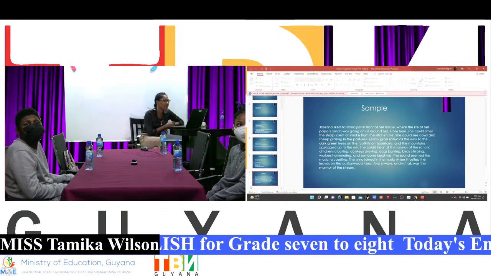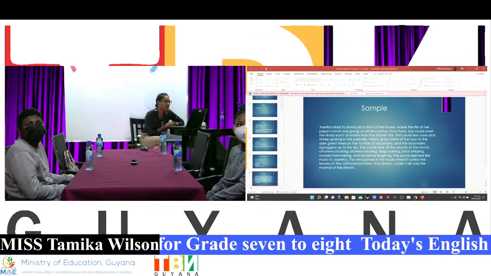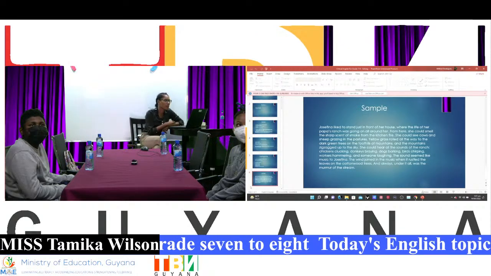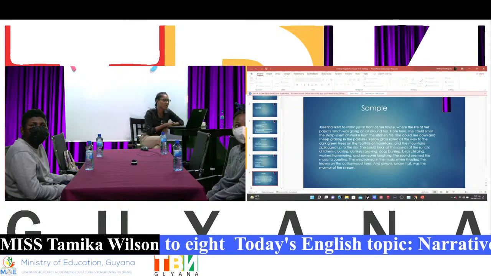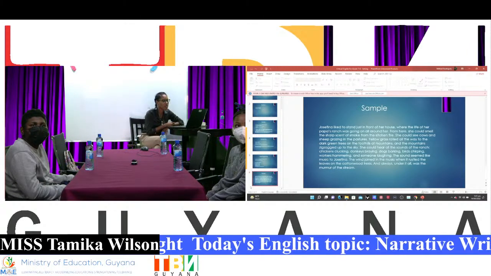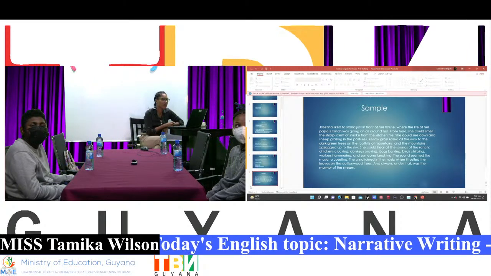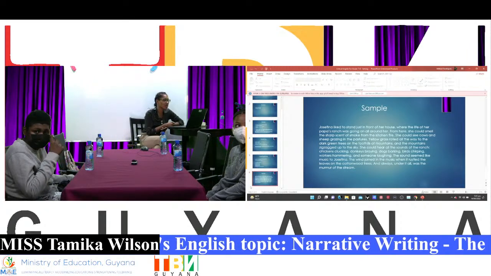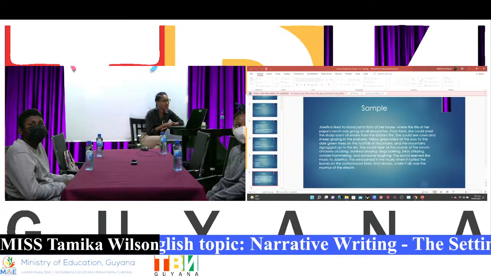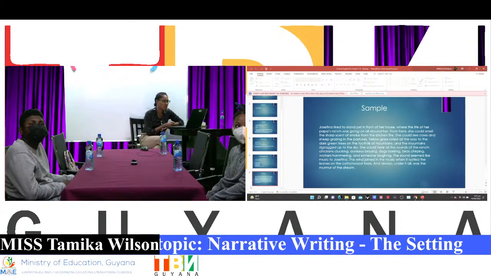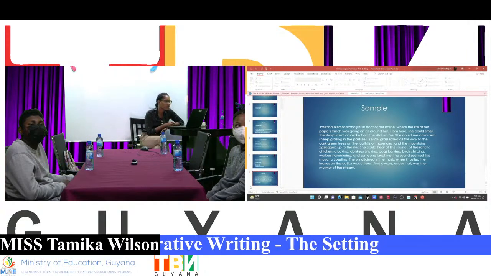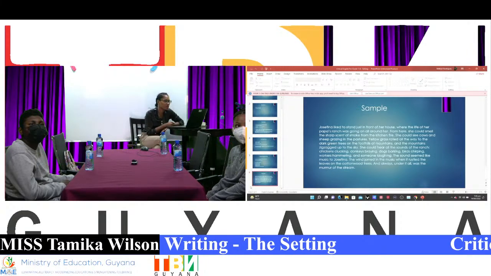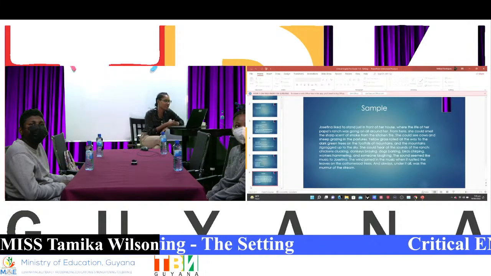Josephine liked to stand just in front of her house, where the life of her papa's ranch was going on all around her. From here, she could smell the sharp scent of smoke from the kitchen fire. She could see cows and sheep grazing in the pastures. Yellow grass rolled all the way to the dark green trees on the foothills of mountains, and the mountains zigzag